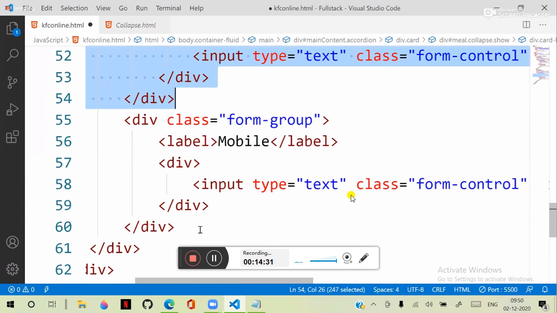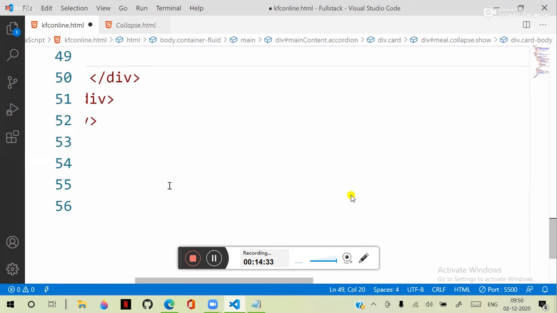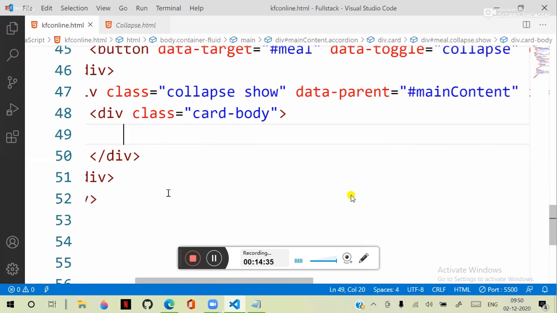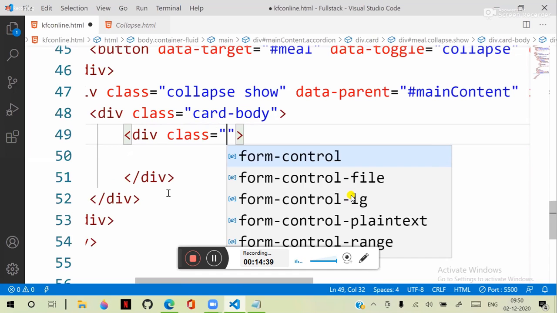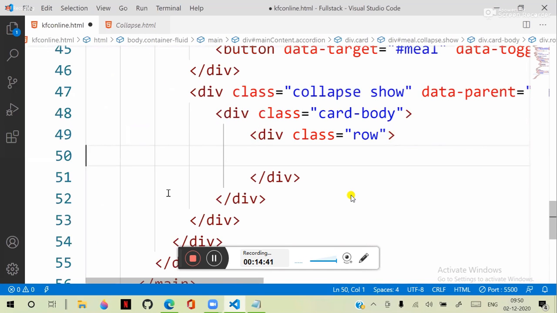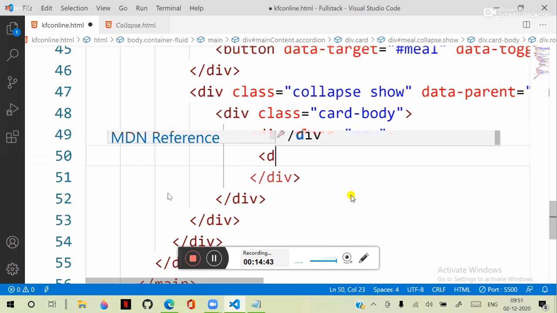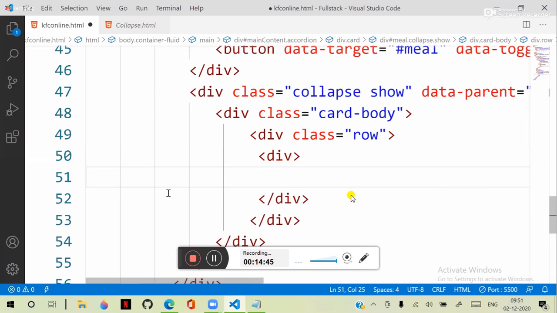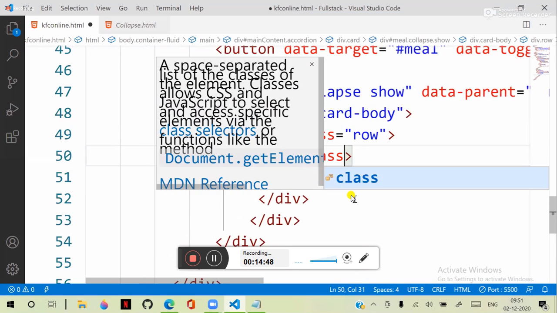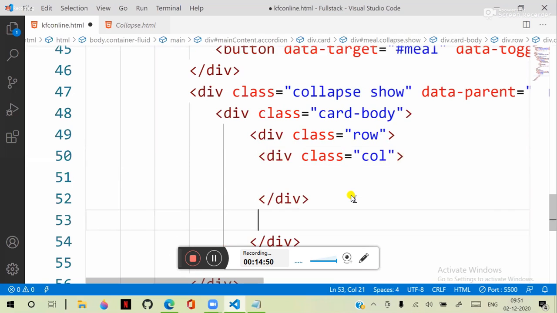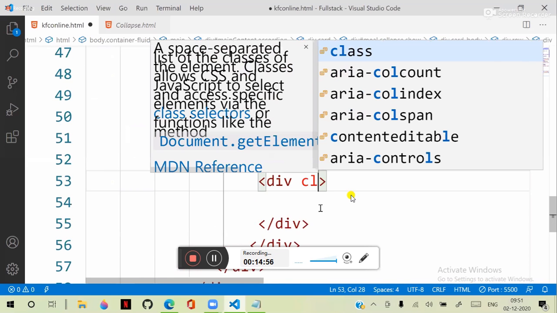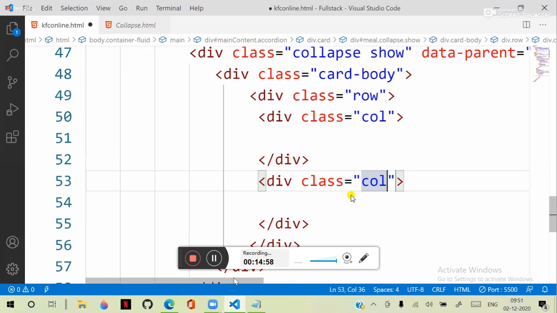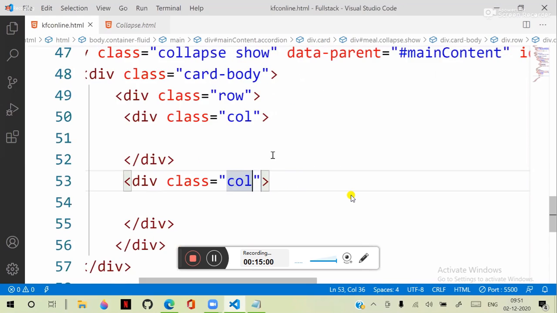So here we need to add the details. I will put a div with a class of row, and inside it a div with class col. This is one column. If you don't define the size for the column, it will fit according to the content width. So two columns are there. And in the left column,